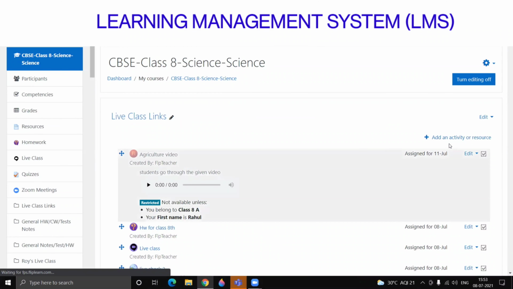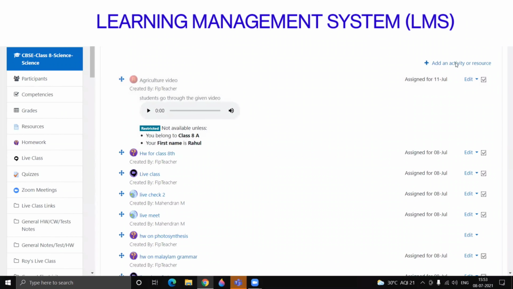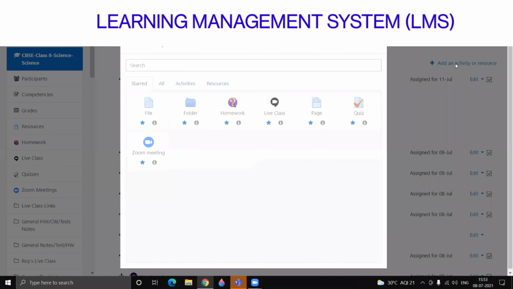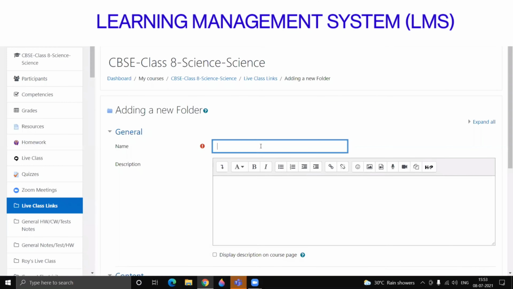Now I will show how a teacher can add an activity or resource, of how a teacher can add a content she's created. So I'll go with the folder. So teacher can add any type of file.